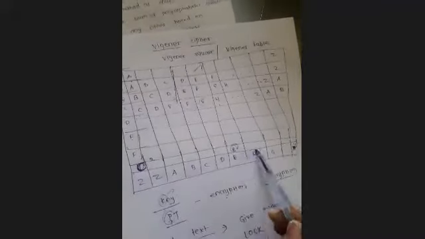Suppose this is our pair, W and O. The key letter is O and the ciphertext letter is W, right? So first of all, O will be the row letter. Suppose O is present somewhere here. So we will consider the O row, and the ciphertext letter is W. So in this row of O, we will find the W.